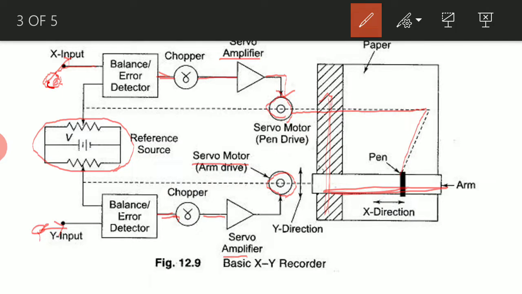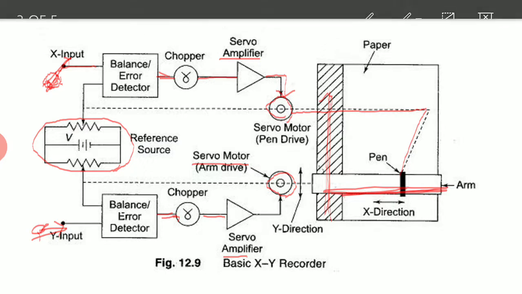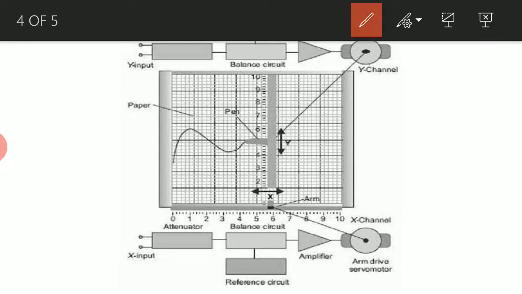So, according to the input voltages from the x and y inputs, the pen will be moving along the x and y directions. So what you will finally get is an XY plot indicating the dependence of the x variable and the y variable as your output. Let's see a graph like this. This is an example of a graph obtained from an XY recorder. The pen is moving depending on the control by the x input and the y input. This pen will be moving left or right or up and down. The resulting graph will be anything like this.